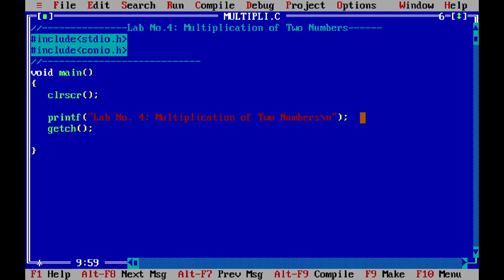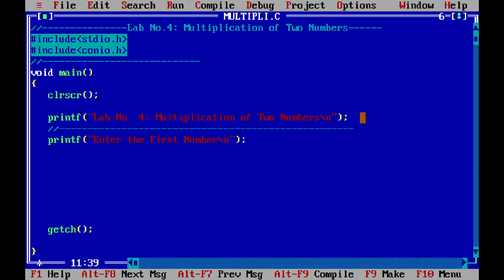Now from here, the actual program is going to be written. We have seen that I am writing the program this way so that it is very easy for understandability. So printf: enter the first number. Then we read the first number with scanf, but here again we have not defined any variable for it, so that we will have some kind of value. So percent d, comma,